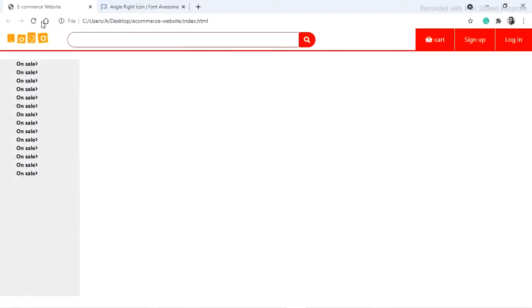Refresh your website. You can see whenever I take the cursor, it will show.